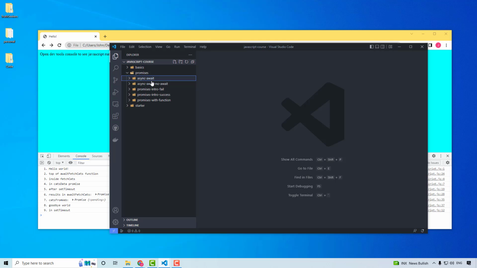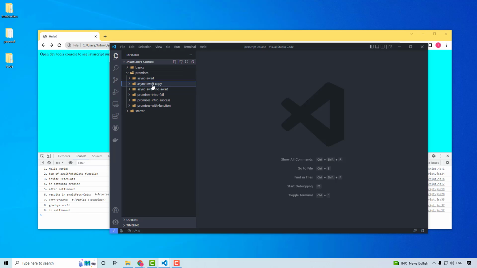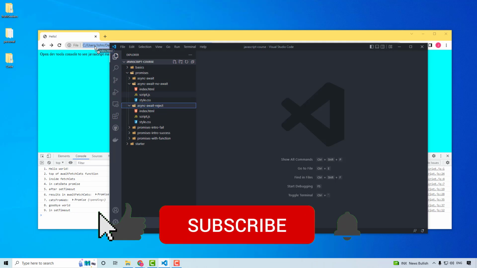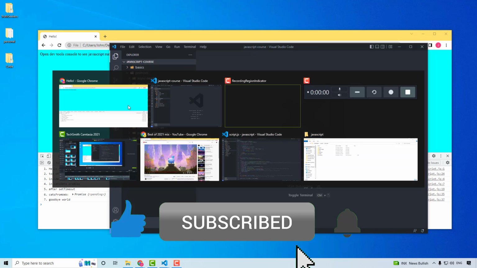So let's copy and paste the async await. I'm going to paste it into the promises folder again. I'm going to rename the copy async await -reject. Okay, and then we're going to open that up. I'm going to drag the index.html into here, hit enter, and then